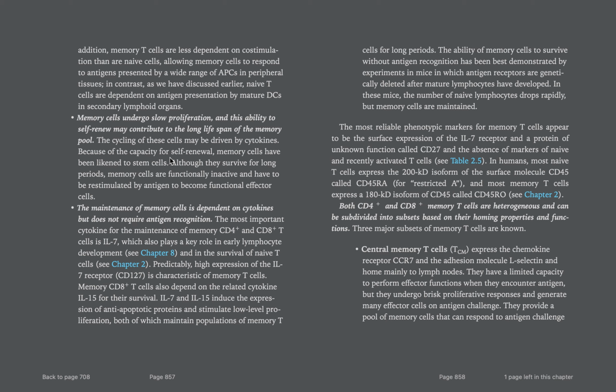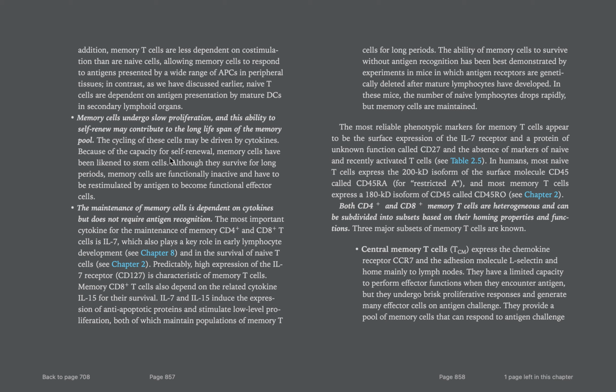Interleukin-7 and 15 induce expression of anti-apoptotic proteins and stimulate low-level proliferation, both of which maintain a population of memory T cells for a long period. The ability of memory cells to survive without antigen recognition has been best described by experiments in mice in which